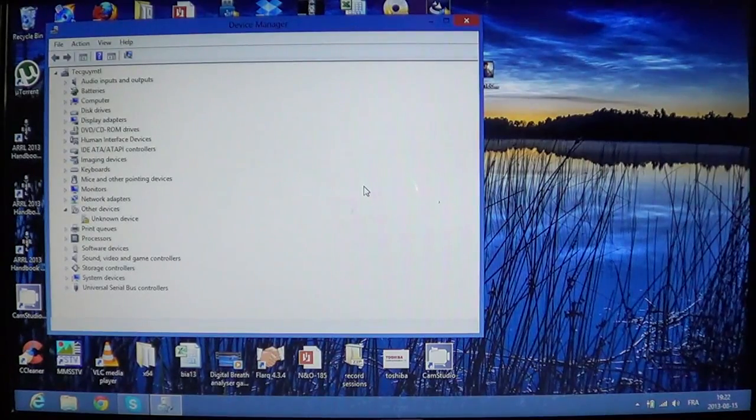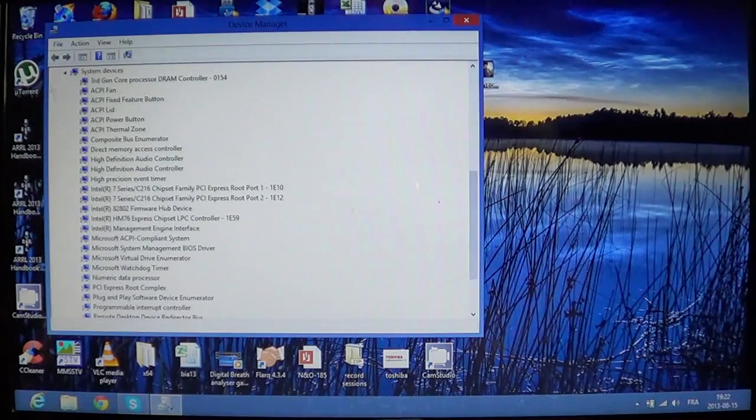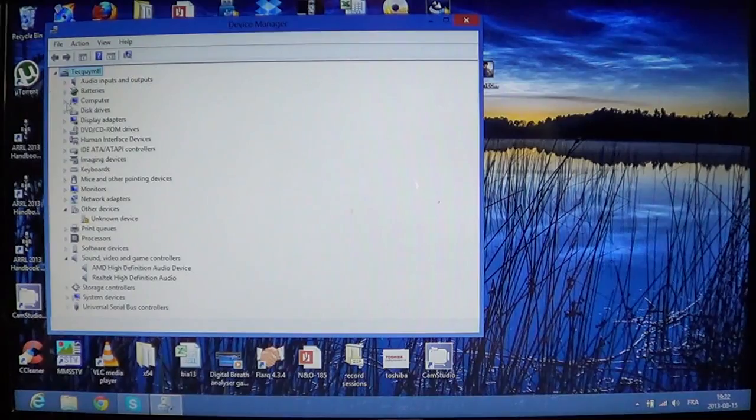And here, for example, if the device that's not working well is your webcam, well, you can go in and check the webcam. For example, here, sound, video, and game controllers. You'll click the little arrow, and you have the information about different system information and devices you have on your computer. So try to find whatever device in that list, and once you've selected that device, what you should actually do